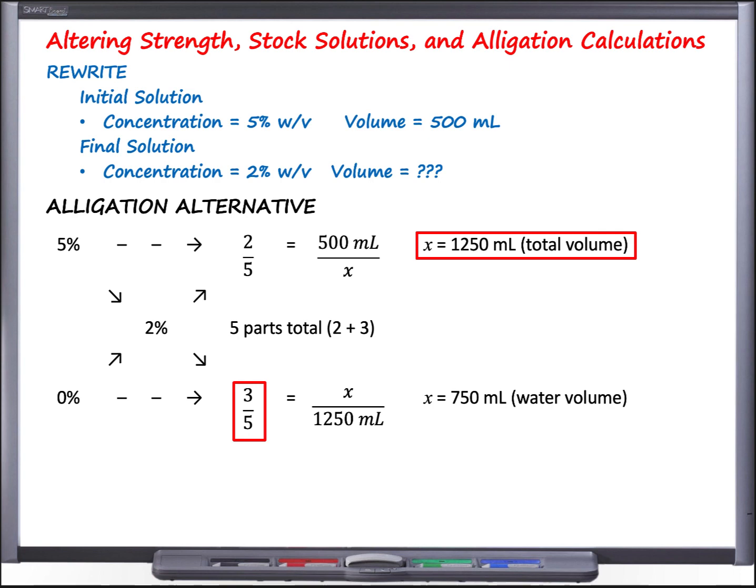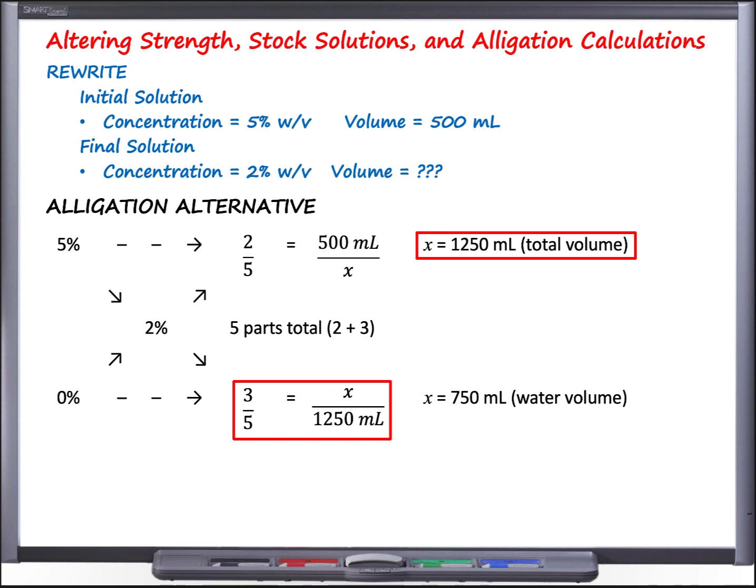But I do want to go one step further, because what we haven't yet directly solved for using the alligation method is the amount of actual water. We now know above how much total solution we're going to have, but watch. We can do this same sort of proportion down below. But using the proportion below, what we know is we need 3 parts of water for every 5 parts of